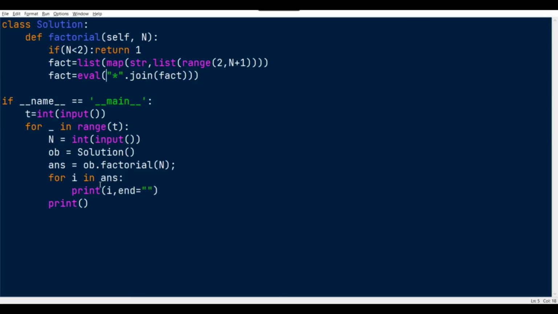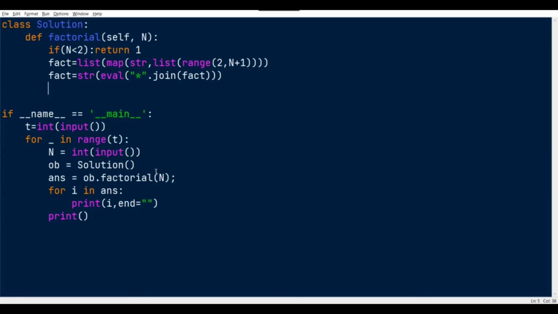For that we can't iterate an integer value, right? So I'm going to typecast the integer as a string so we can easily iterate. Once we have done all this, we just need to return fact.